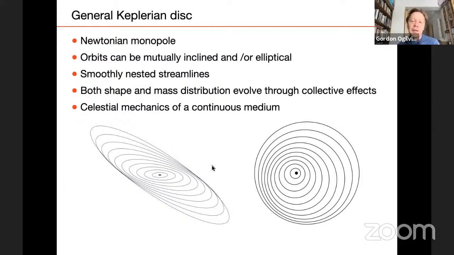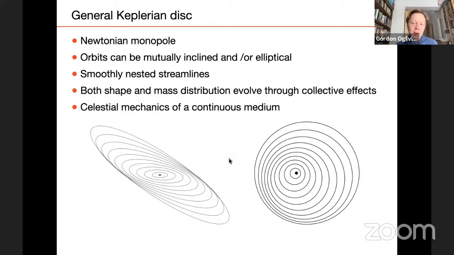It's very important that these orbits are closed and they don't intersect their neighbors. At least that's true if the eccentricity varies sufficiently slowly with the size of the orbit. So then we can imagine these as gas streamlines that are not in conflict with each other. They don't produce any shocks or anything like that.